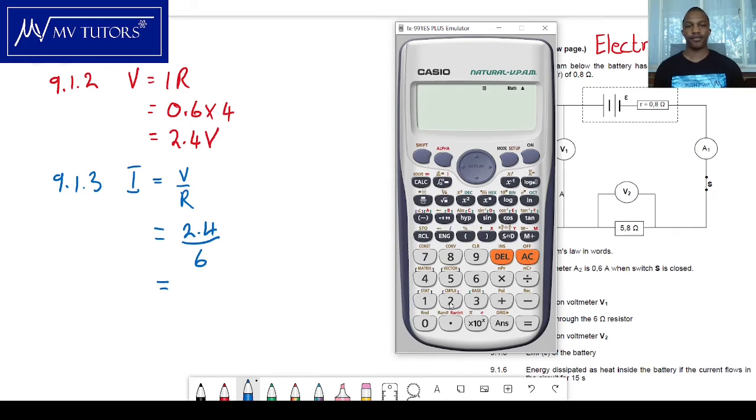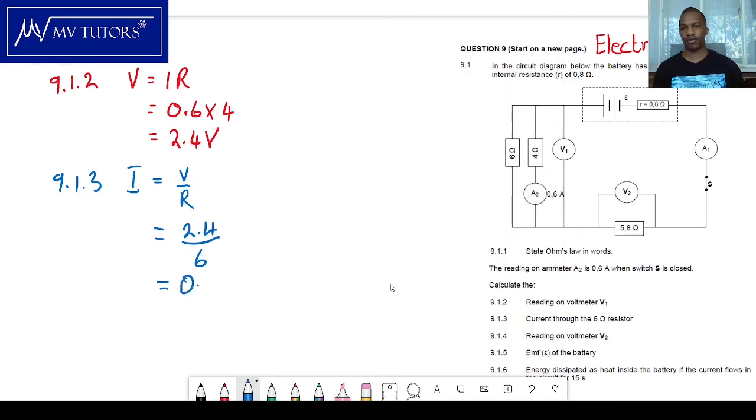So now we have 2.4 divided by 6. I get 0.4. What is the SI unit for current? Amps, amperes. There we go. Let's go to the next one, which is